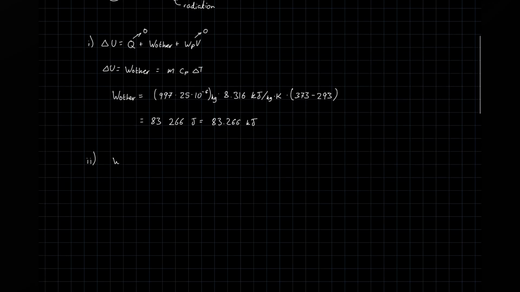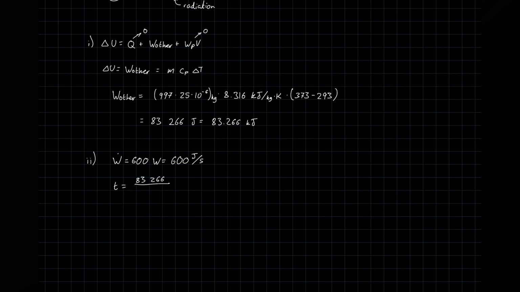So our work rate is 600 watts, which is basically 600 joules per second. So the time it will take for this water to heat up to a boil in the 600 watt microwave will be the total amount of energy that we need, which is 83,266,